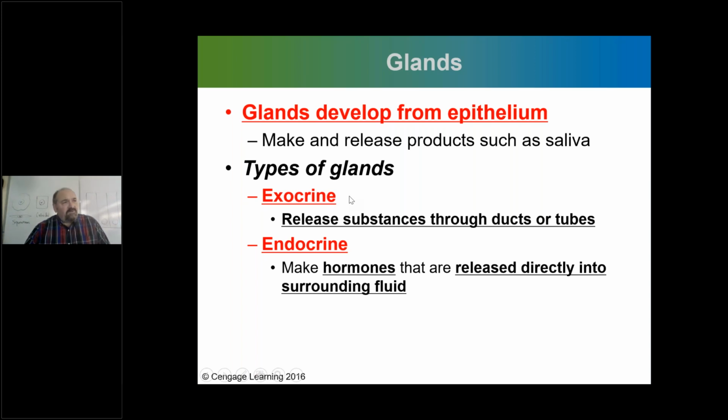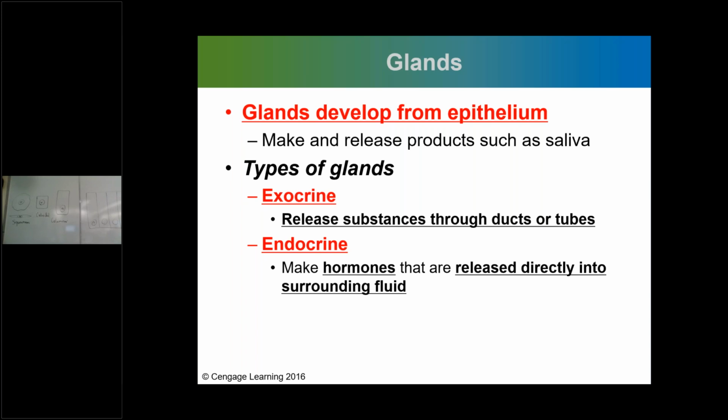Exocrine is a little bit different. This is a type of gland. You'll see here, exocrine releases substances through ducts or tubes. So again, we're thinking of a tube, a duct, D-U-C-T. Your body is producing, say, sweat. How about saliva? How about oils for your hair and skin? How about earwax? Those are examples of secretions that are exocrine function. How about breast milk? That's also considered exocrine function.